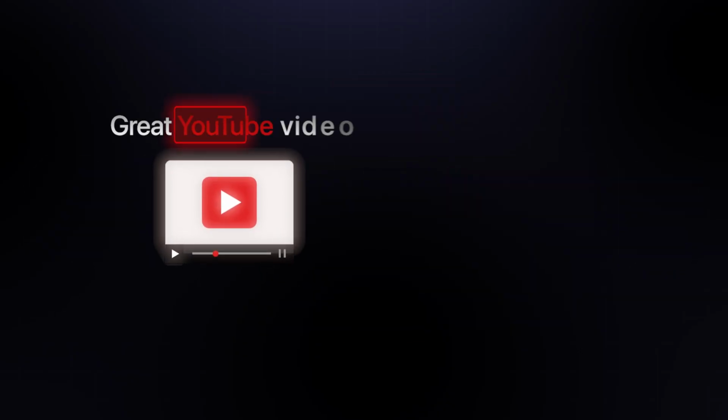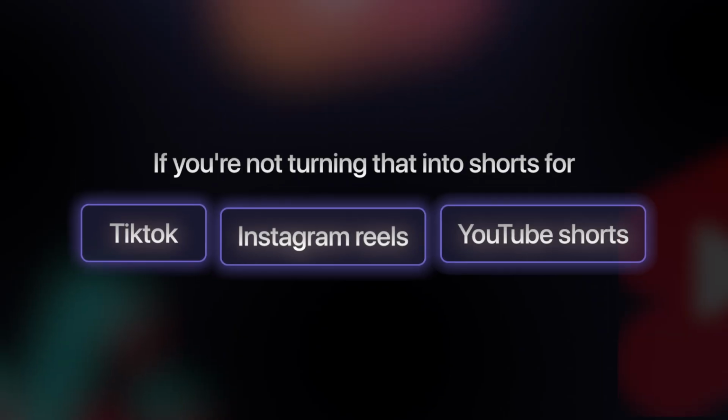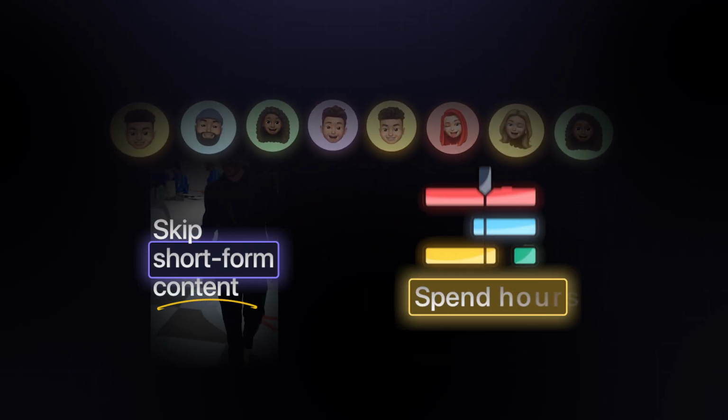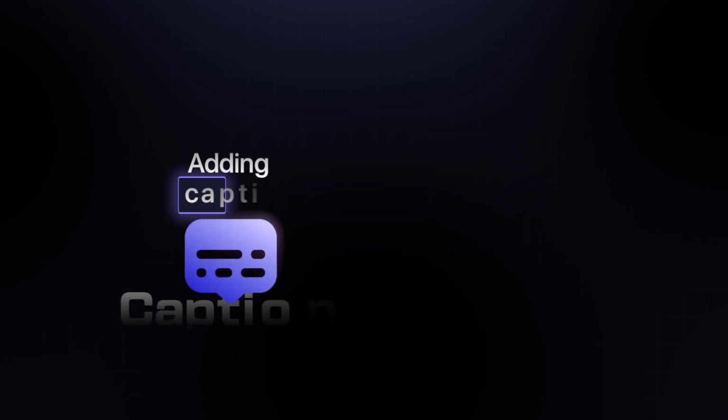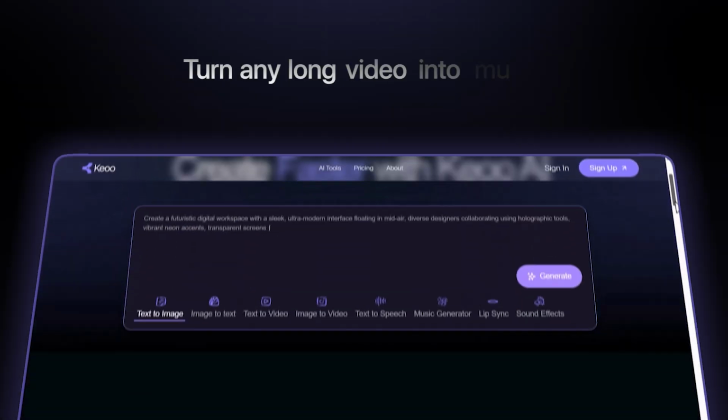You can have a great YouTube video or podcast episode, but if you're not turning that into shorts for TikTok, Instagram Reels, and YouTube Shorts, you're missing out on massive reach. That's why so many creators either skip short-form content entirely or spend hours editing clips, trying to figure out which moments to use, adding captions, reformatting for vertical video, only to end up exhausted with their clips not even performing well. In this video, I'm going to show you exactly how to use Keoo AI to turn any long video